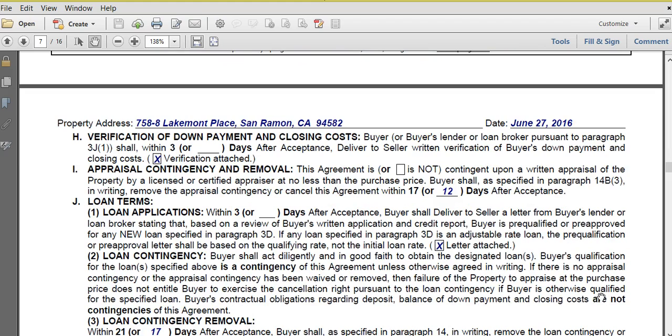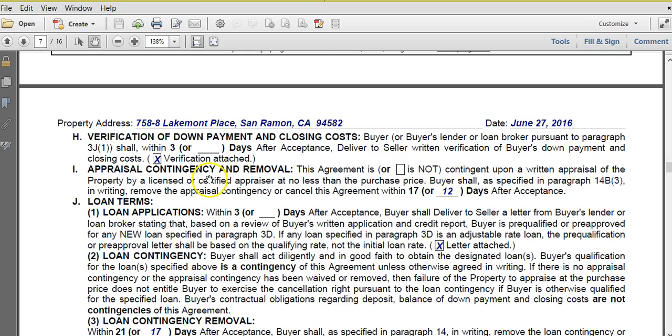Okay, now page 2. This part is pretty important for what I do, because it dictates my deadlines and how fast I have to work for certain things to get them done. Now, this first one here says that I will verify the down payment and closing costs. I'm going to read through what each one of these things means. If you have more questions, just feel free to ask. But right here, this says that within 3 days, I'm going to get your pre-approval letter to the agent. In fact, I'm going to get it done the same day, so it's not going to take me 3 days.